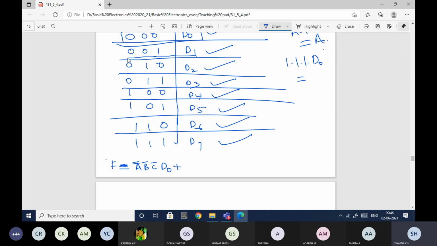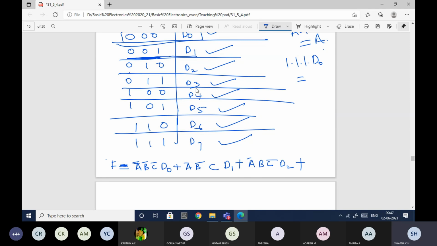Corresponding to D1, A value is 0, B value is 0, C value is 1, so A bar, B bar, C, D1, plus 0 1 0 for D2, in the sense A bar, B, C bar, D2, plus